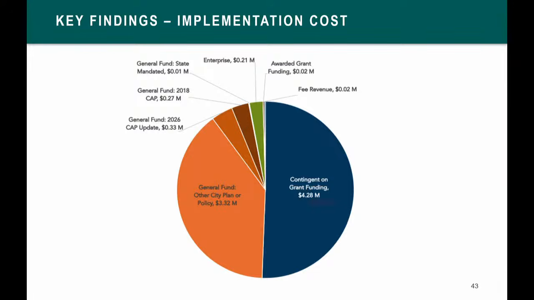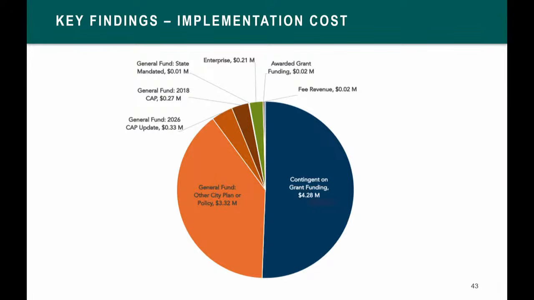Moving on, fee revenue and grants that have already been awarded represent a relatively small portion here. And so moving on to the enterprise fund, that represents about $200,000 annually. And then all of those orange pieces of the pie on the left-hand side represent costs that are expected to be funded by the general fund. And so the largest portion there